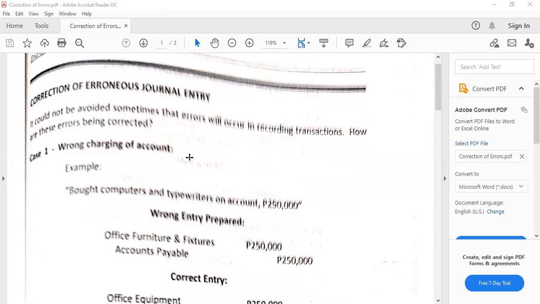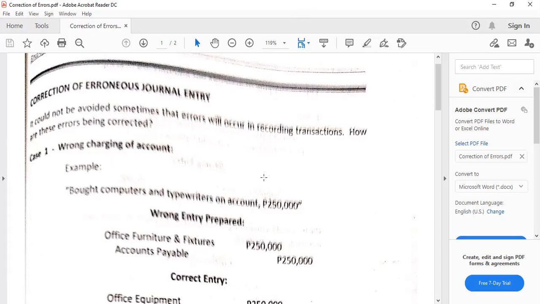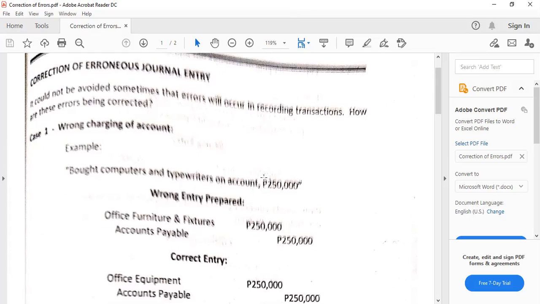Now, for correction of an erroneous journal entry, clearly the journal entry made was incorrect, inaccurate or erroneous. Hence, there's a need for us to correct that in the form of an adjusting entry. Now, for an omitted transaction in part 1, what we can do is very simple. All we have to do is to record what has been omitted. But for erroneous entries, that's going to deal with some analysis. Okay, so you'll get what I mean.